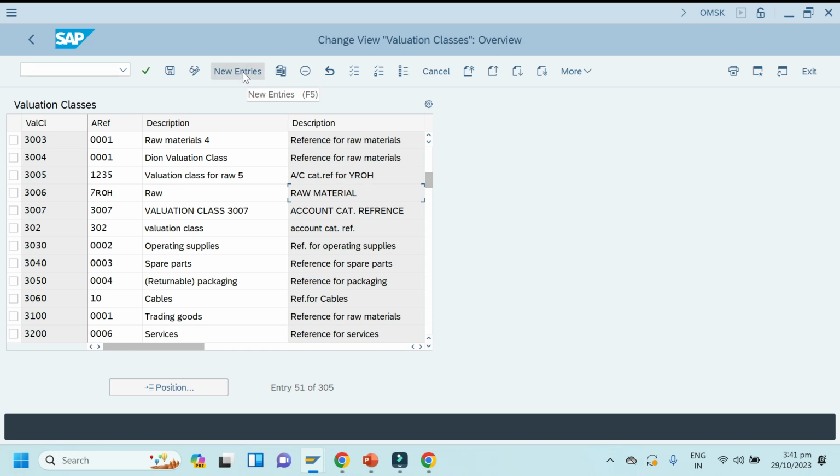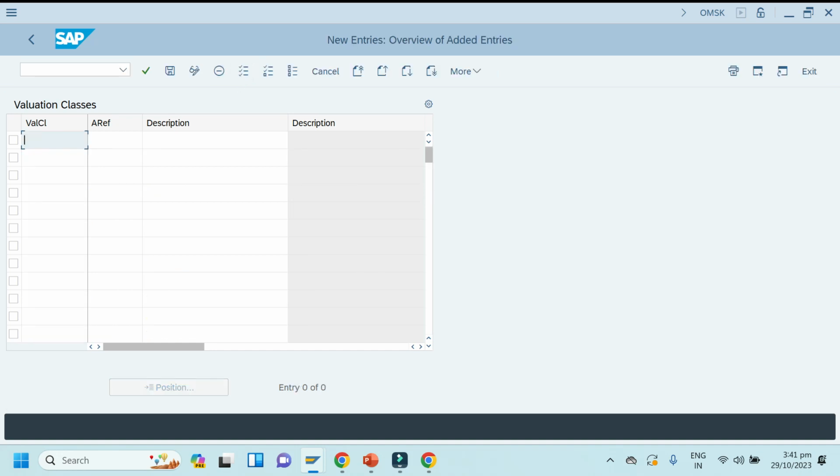Click on new entry, valuation class 3008, account category reference Z001 for raw material.